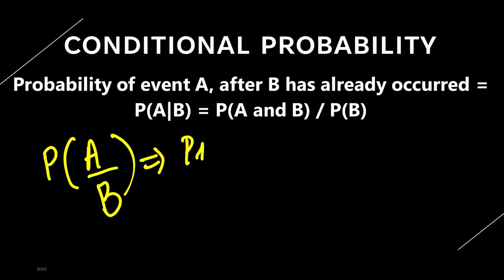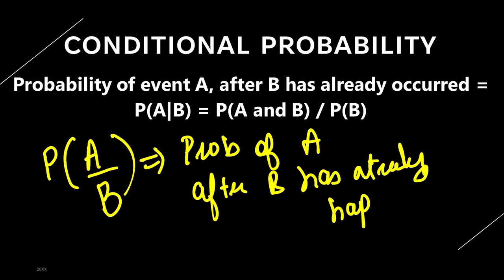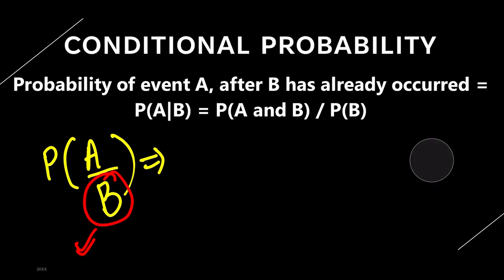What is the probability of A happening after B has already happened? Means B has already happened. Whatever is there in the denominator, that has already happened. What are the chances of A happening now? You can recall the example of card without replacement. Here we have already taken out a card first. Then after that we are checking the probability of taking out another card. So what is the probability of taking out another card when the first event has already happened?